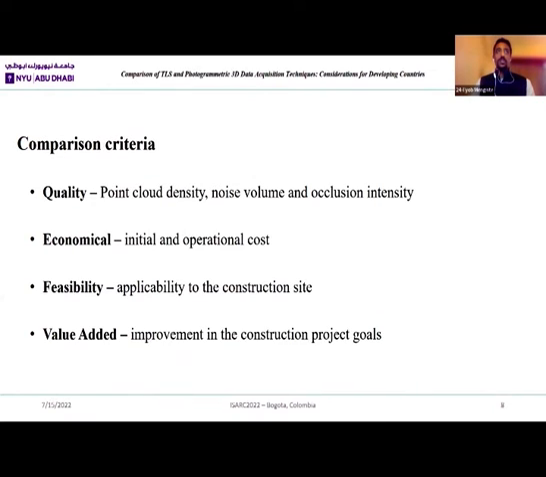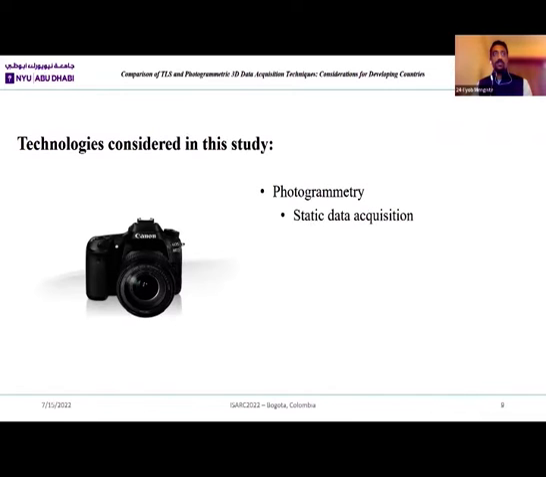Coming to our point here, we compared our methodologies that we have initially mentioned using these 4 criteria. Among these 4 criteria, 2 of them are quantitative and 2 of them are qualitative. The first 2, quality and economy, are quantitative comparison criteria, and feasibility and value added to the construction site are the qualitative comparison criteria. The techniques that we have compared using these criteria are mainly photogrammetric methods and terrestrial laser scanners,